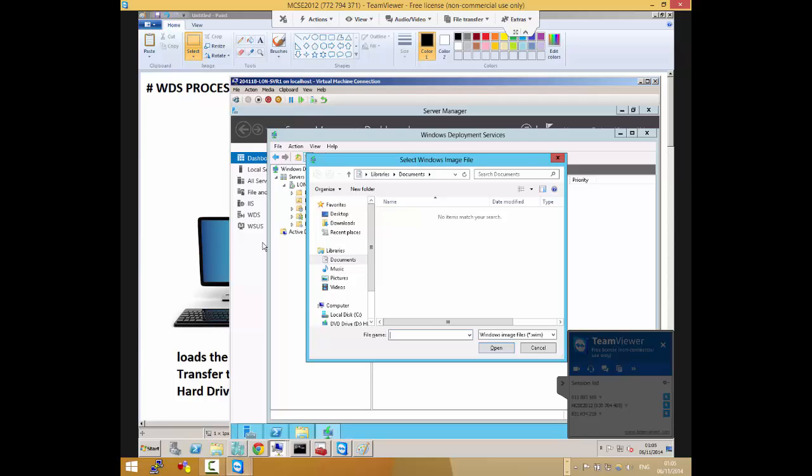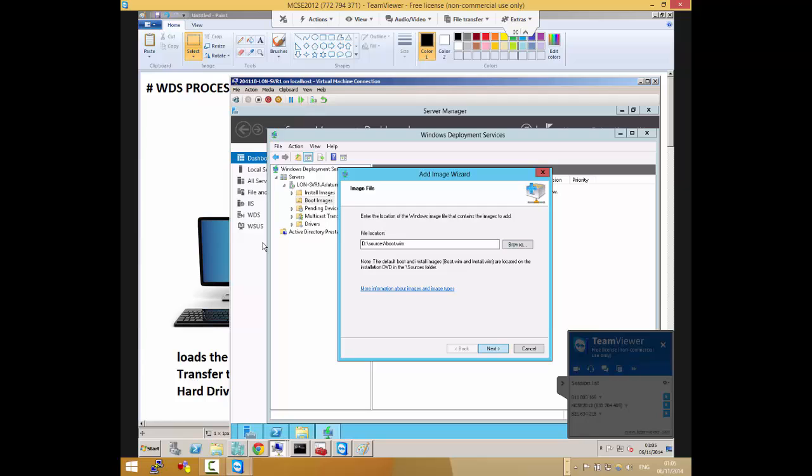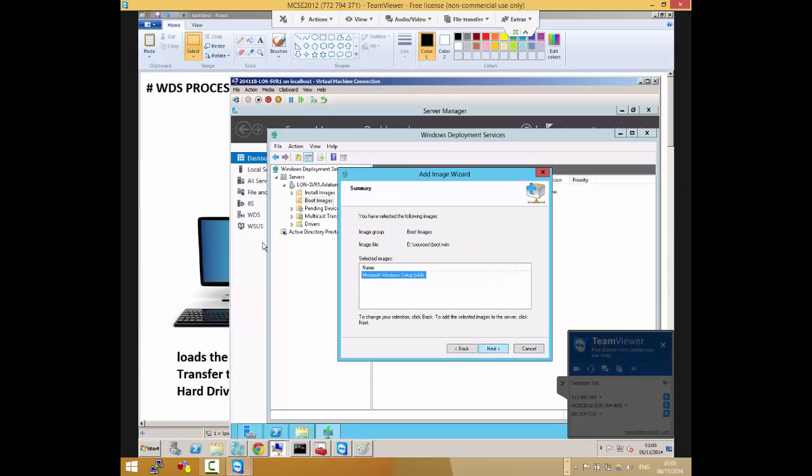So if you go on the computer there, you see the D drive, sources, boot. So let's add that. You just give it the name. So this is the image that the computer will use to boot.